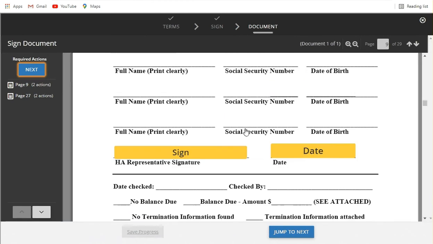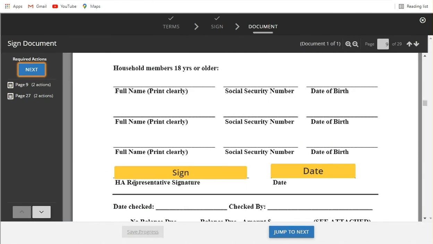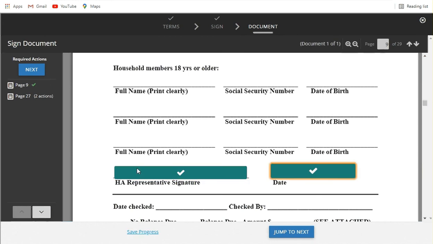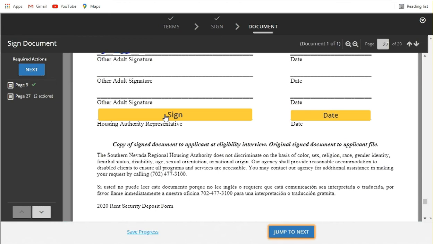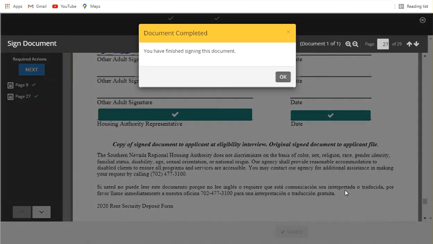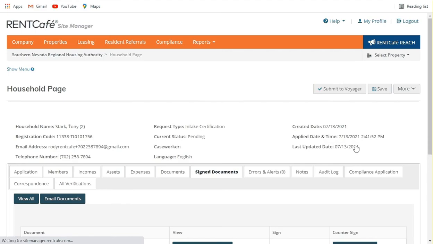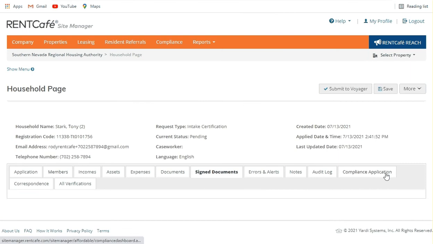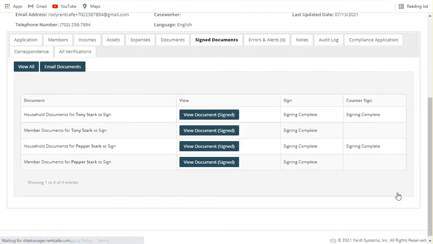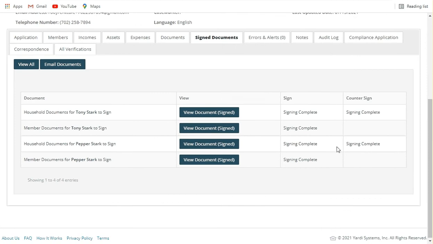You can sign that here, under where it says HA representative signature and date. If you need to sign it there, you can. And here as well, Housing Authority representative. And we will click on the sign and complete button to finish countersigning. And we'll need to do that wherever it requires us to do so. Looks like it did it for both documents when I did that one particular